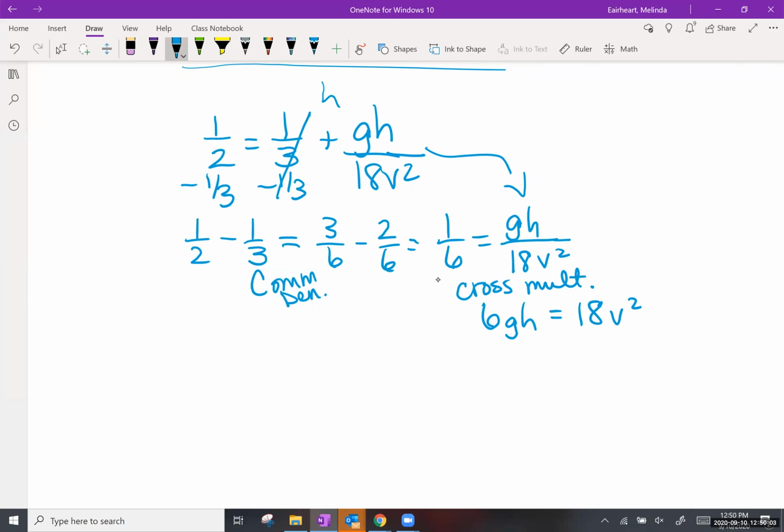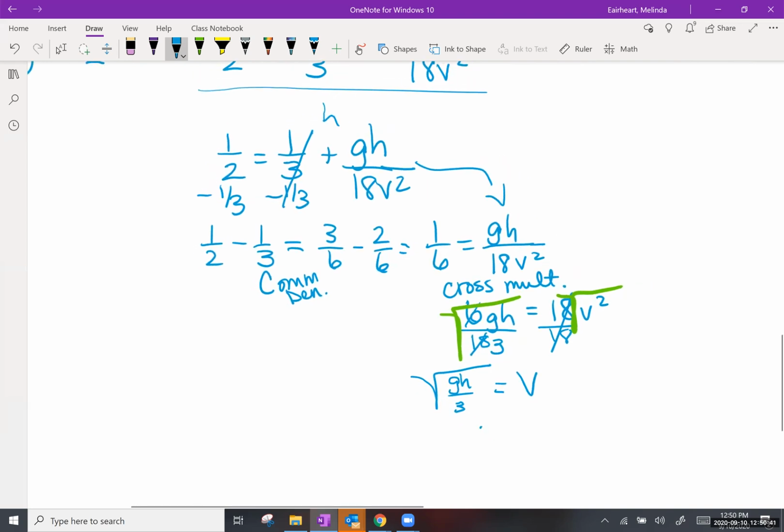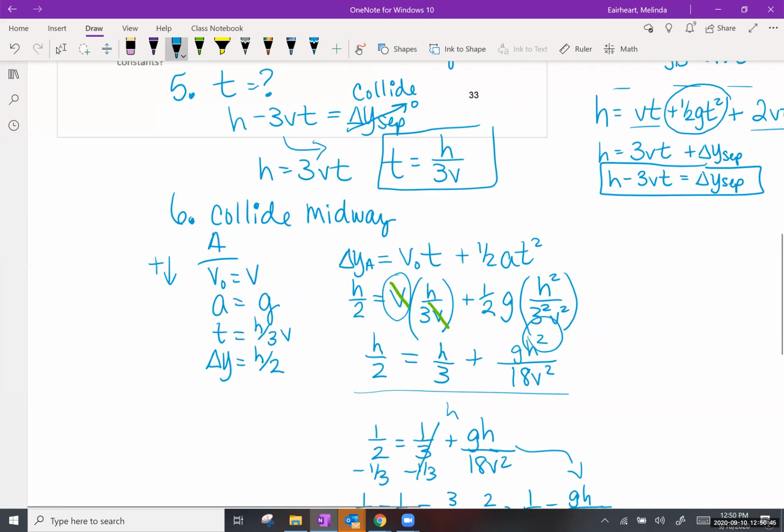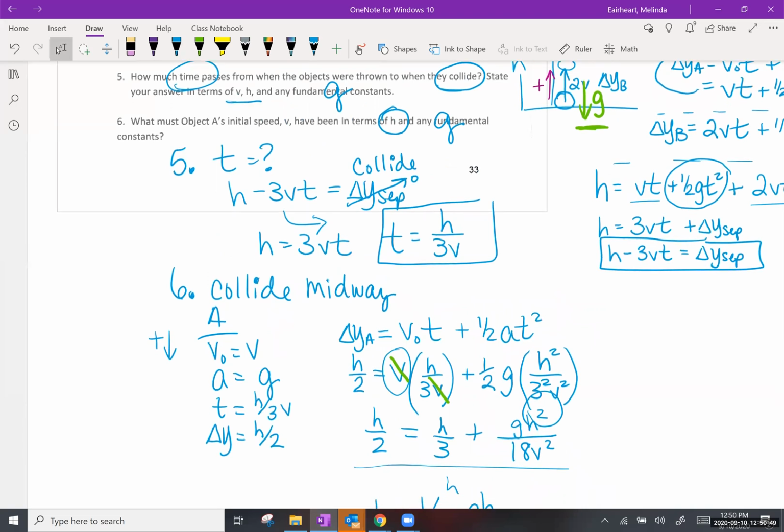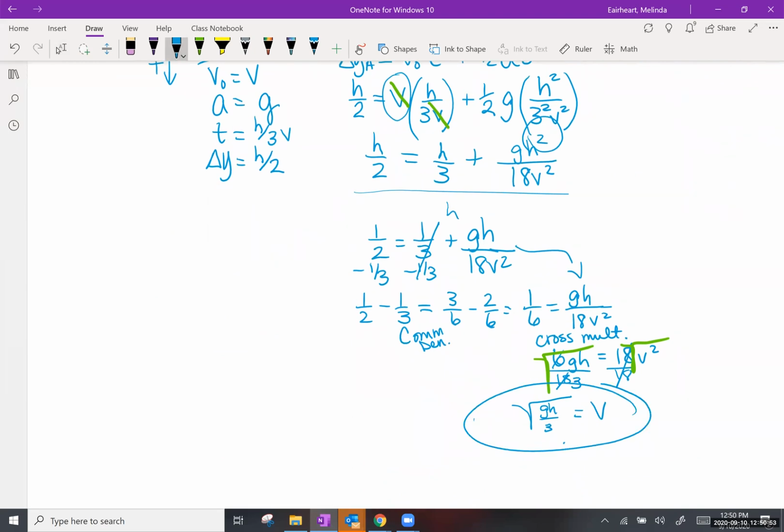Next step. Divide both sides by 18. And 6 and 18 reduce to 1 and 3, right? Final step is to do our square root of that business. Final answer, v equals square root of gh over 3. And I think that's what they wanted, right? Let's see. And we have g and h. Yes, initial speed is what we solve for, and g and h are the allowed variables. So that's our answer to number 6. Good deal? Okay, so let me